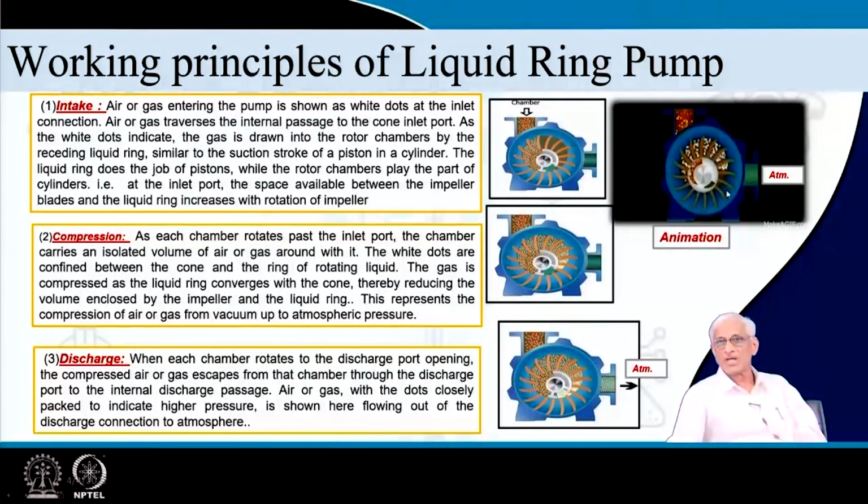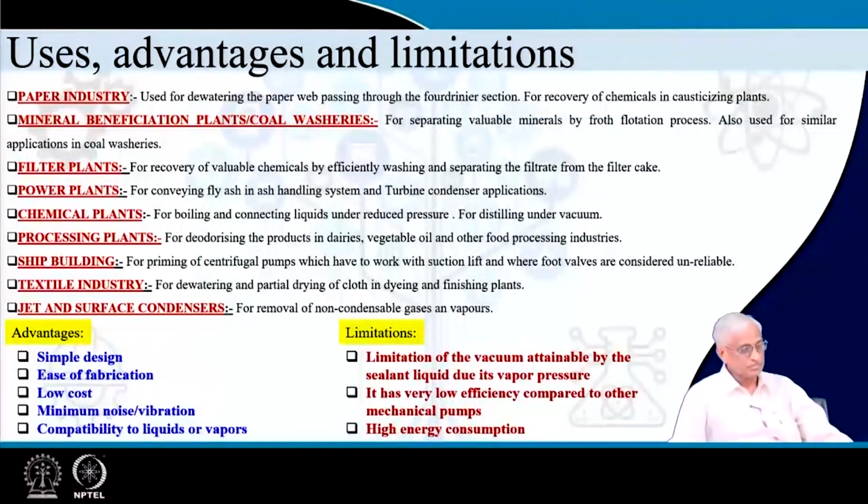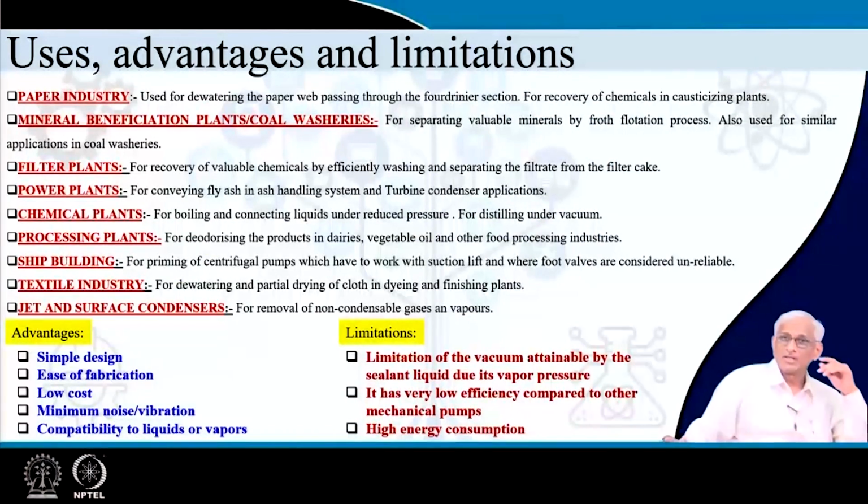This is my inlet port, and this small opening here is the exhaust port. So, it is collecting the gases from the inlet port, sweeping, compressing and exhausting through this port, and it goes out. So, vacuum starts improving till the pressure here is of the order of the vapor pressure of the liquid that we are going to use. You cannot get better than that. Naturally, you can use other liquids if you want to have better vacuum,